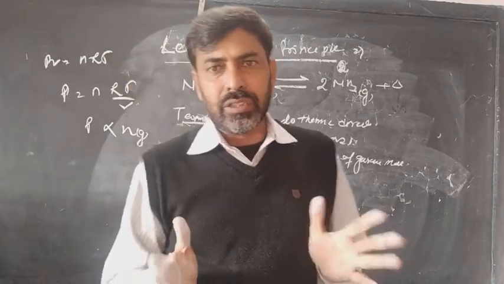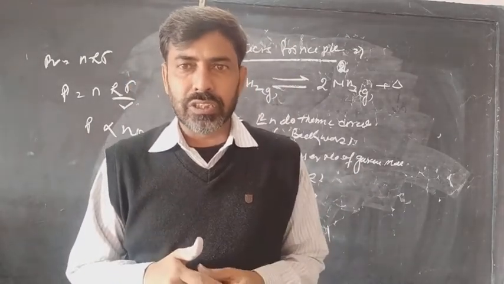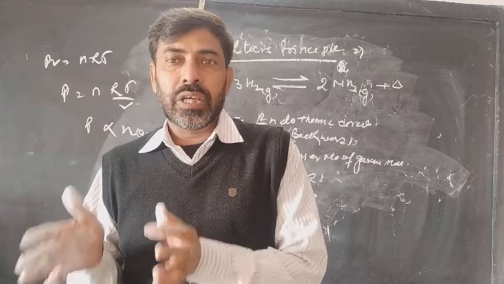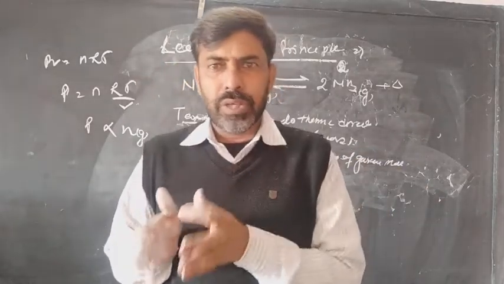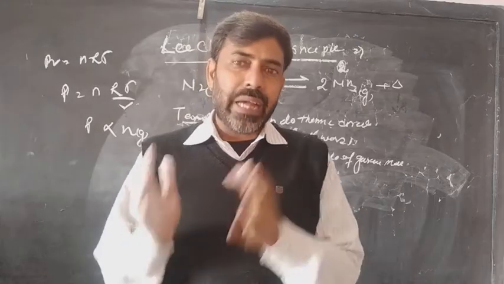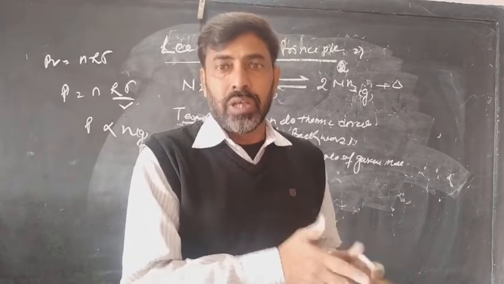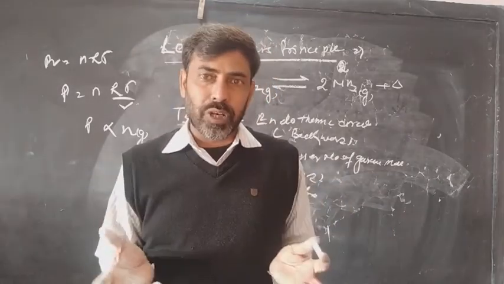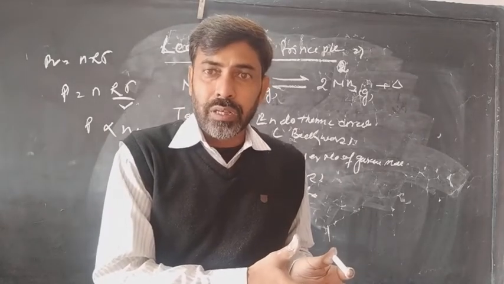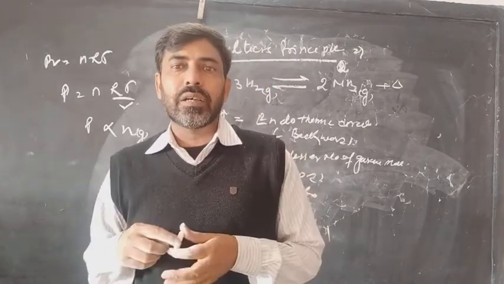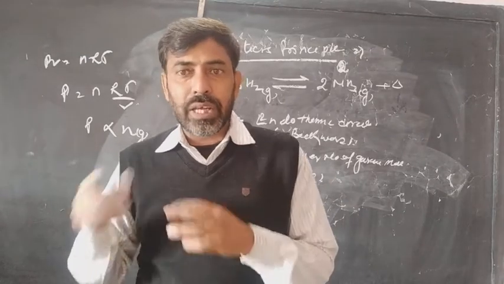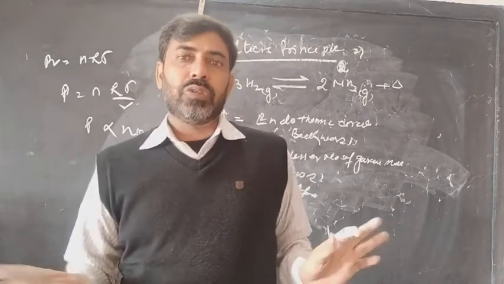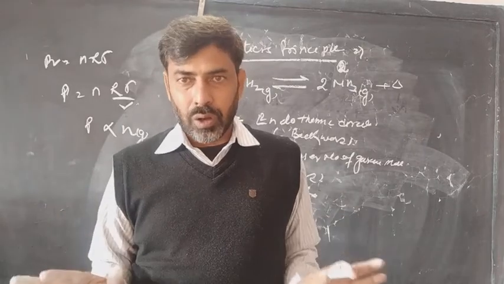Actually when you increase the concentration, मैं ऐसा assume कर रहा हूँ कि reactant का concentration बढ़ाया गया. If you are increasing the concentration of the reactant, initially the equilibrium will shift in the forward direction, क्योंकि rate of forward direction बढ़ जाएगा. But as the rate of forward direction increases, the concentration of product will also increase. ज्यों ही कंसंट्रेशन ऑफ प्रोडक्ट बढ़ेगा, रेट ऑफ बैकवर्ड डायरेक्शन भी बढ़ जाएगा. और जब रेट इन बैकवर्ड डायरेक्शन बढ़ जाएगा तो ऐसी कंडीशन में क्या होगा? The rate in forward direction equals the rate in backward direction, so the equilibrium will remain constant.